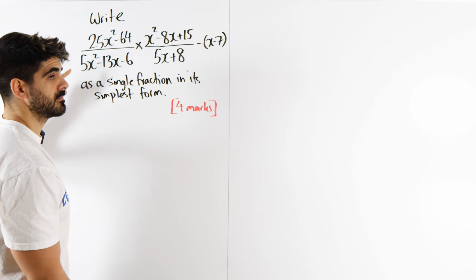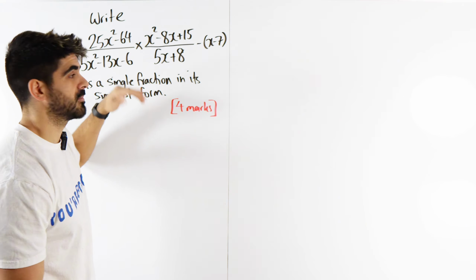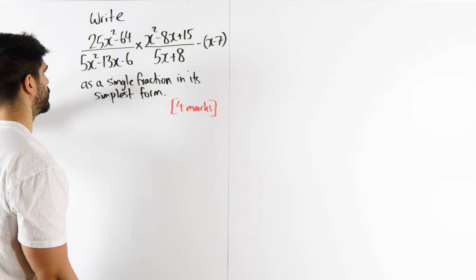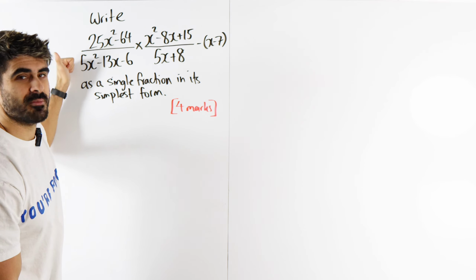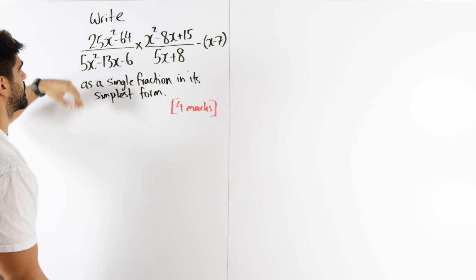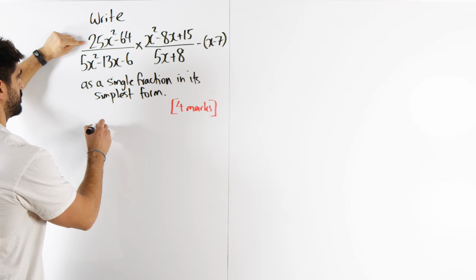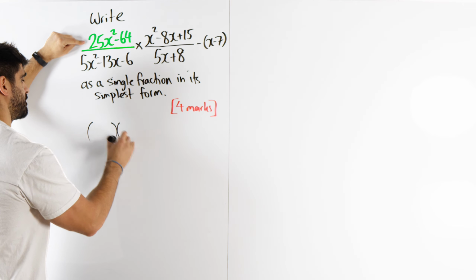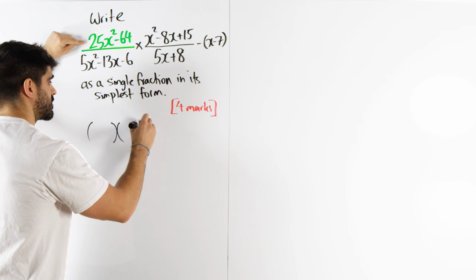Now this, I can easily factorize. This one, well, it's easy, but I'm going to show you guys some tricks. With these kinds of questions, you don't actually need to focus too much on this, because the other ones will help you factorize it. So look at this. We have 25x² − 64. That is really easy to factorize. You should notice that as being